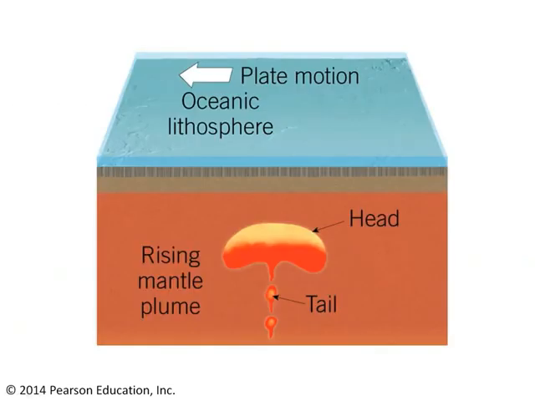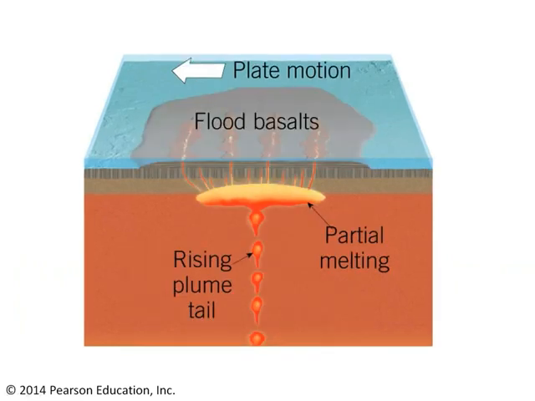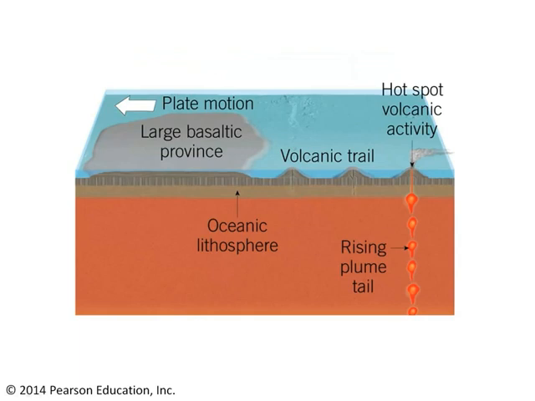Regardless of where they come from, we think that what happens is they rise up through the mantle, moving up towards the base of the lithosphere, and then interact with the base of the lithosphere, causing many large eruptions of basalt. So if this is through the oceanic lithosphere, as is shown here, this is all happening underwater. These would be pillow lavas. If this is happening out in the open air on top of a continent, then you end up getting those floods and fissure eruptions. Regardless, though, you build up a big, thick stack of basaltic rock. Plate tectonics carries that big basaltic province off